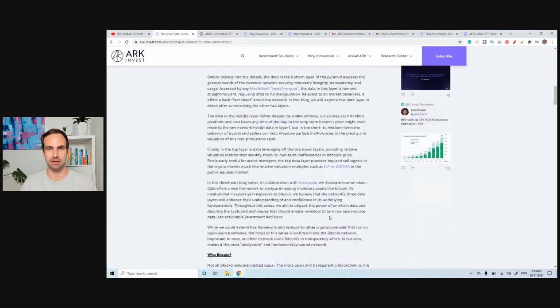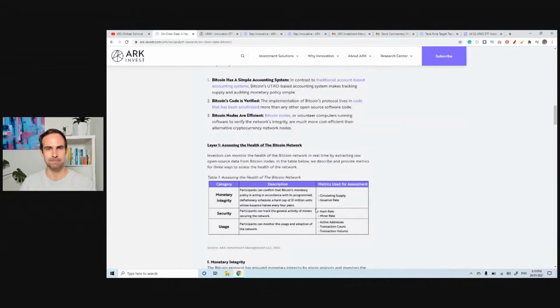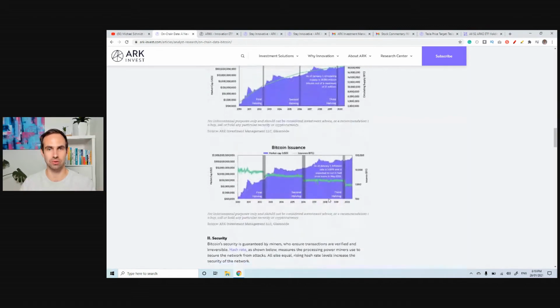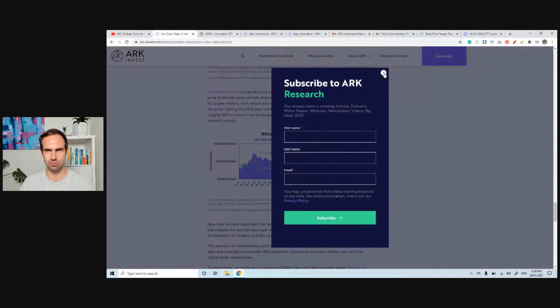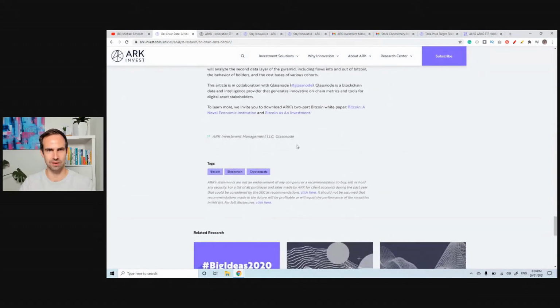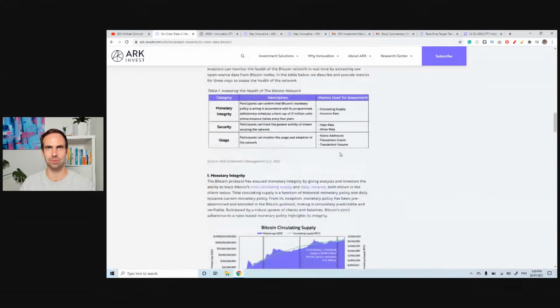And they also provide all the updates, and they are very, very open about why they think in a certain way, and they're also open about where they got this information from. So at the bottom of each article, let's scroll down, we usually see where they have that information from. Not so much in this one, but if we go to another article,